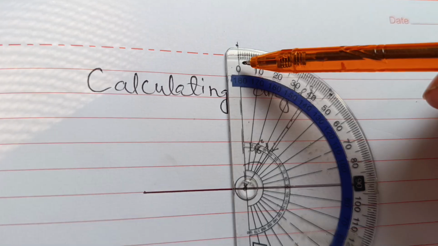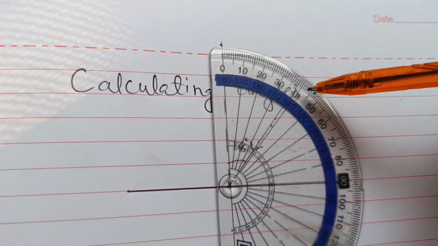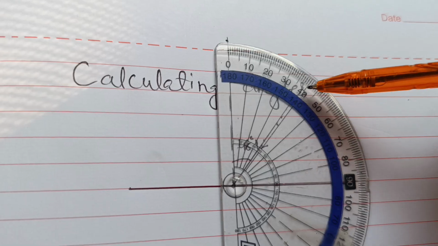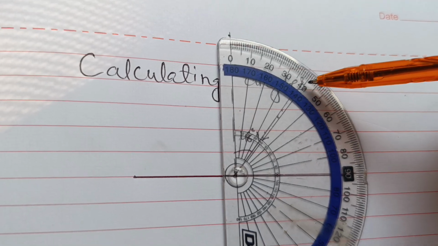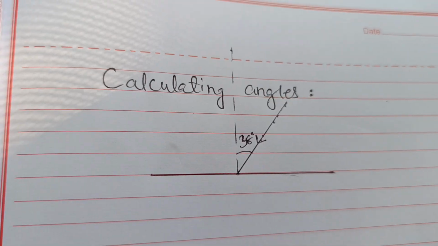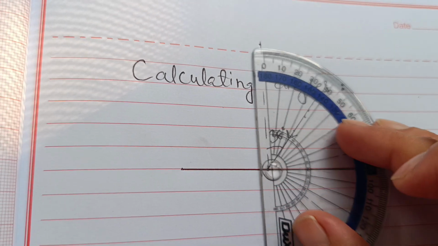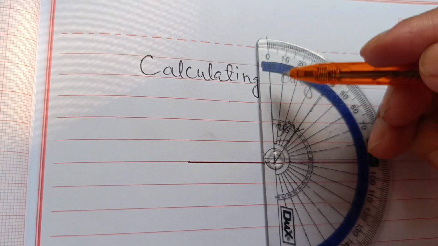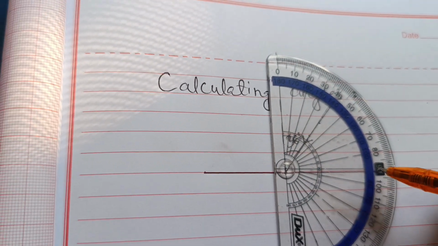I am using this 0, 10, 20, 30. This is 40. So what's my angle? The angle is 38 degrees, just before 40. So here you will write the angle as 38 degrees, right? So this is how to measure your angle, by keeping the normal at 0 and the boundary at 90 and directly measuring the angle.